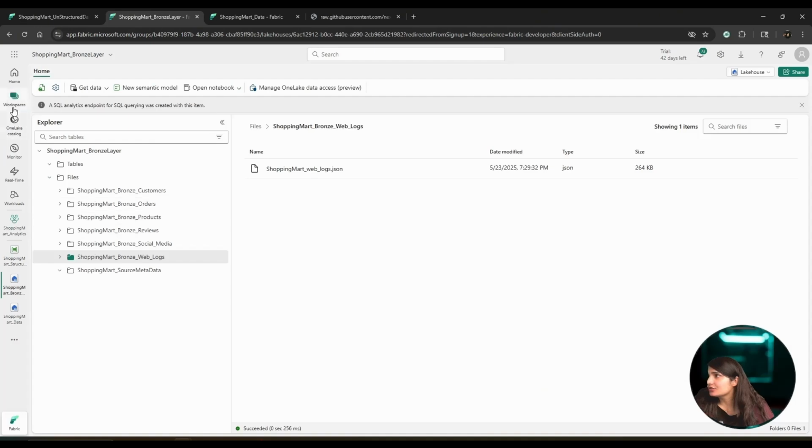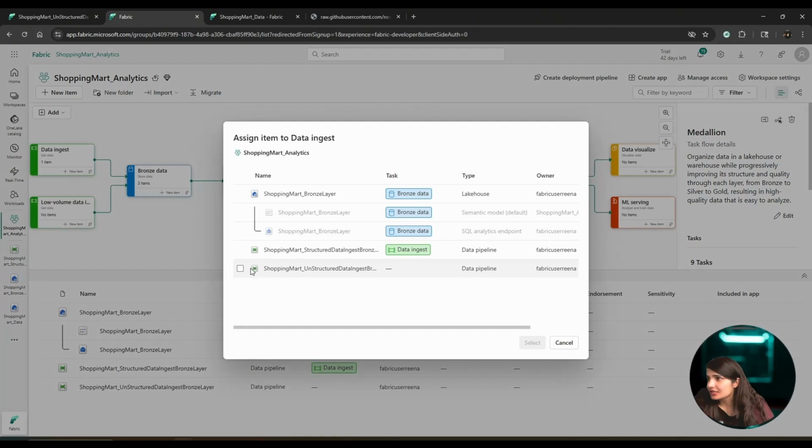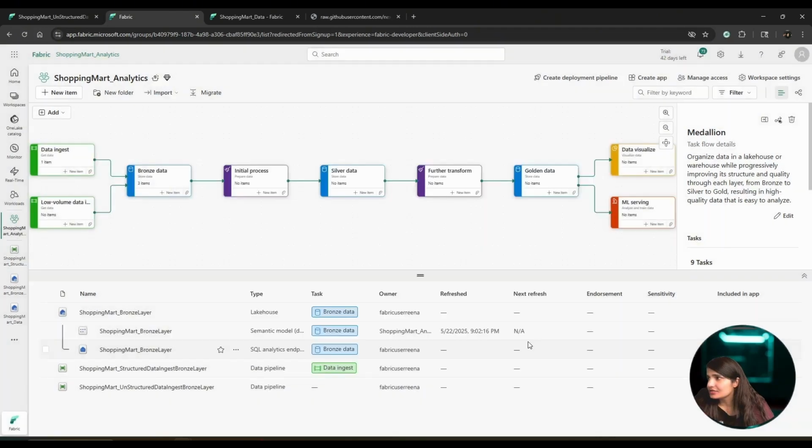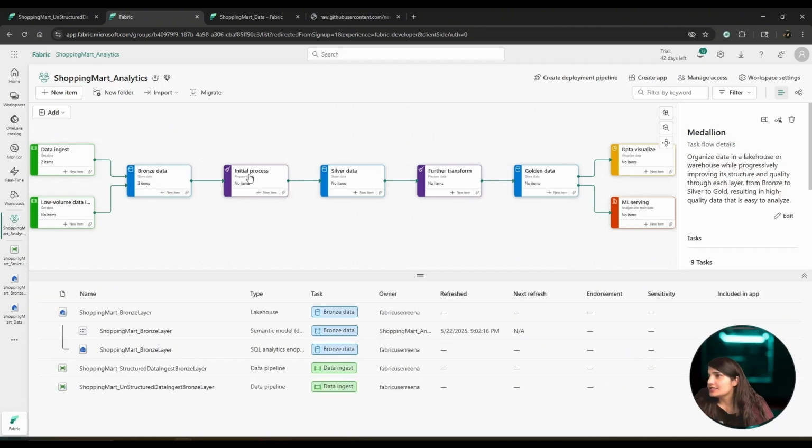Let's go to the workspace. Let's attach our second pipeline also to this task. So this is also doing this first task. Now we are storing it here. Now we're going to cleanse, validate, and do some transformations on this data, clean it. If there are any duplicates, we will try to take care of that. We will create a Spark notebook for that. Let's head to our Lakehouse,